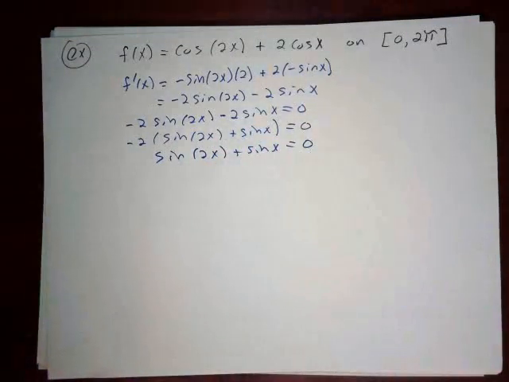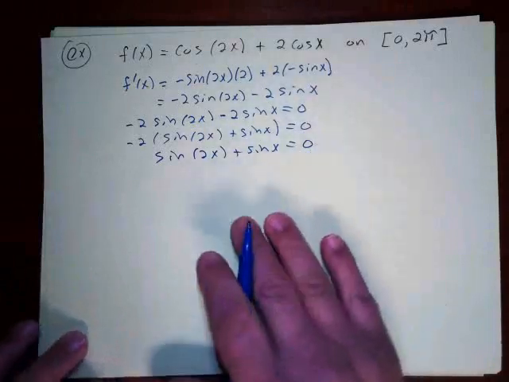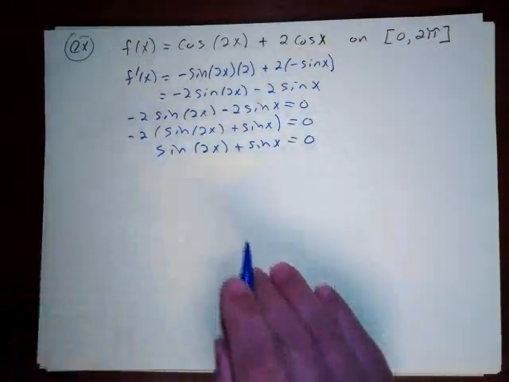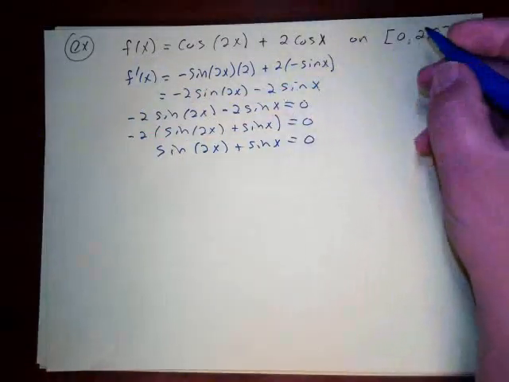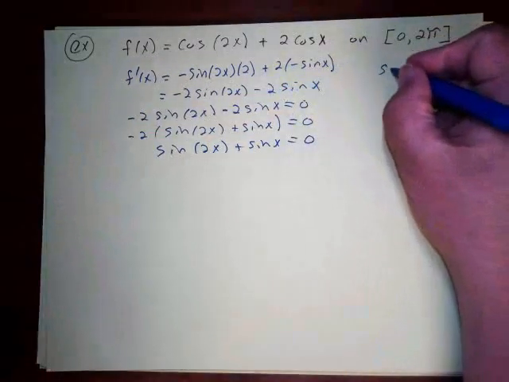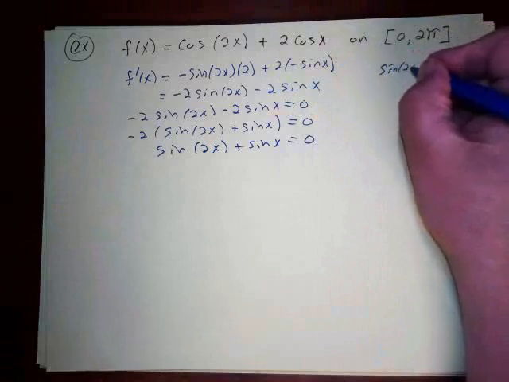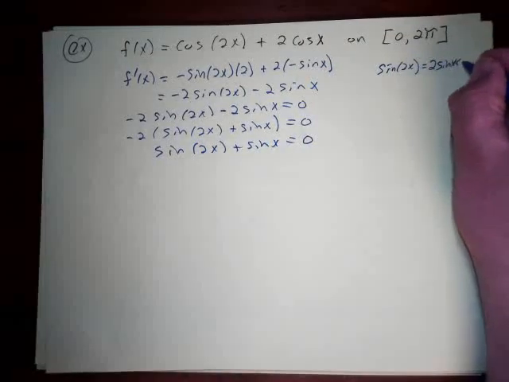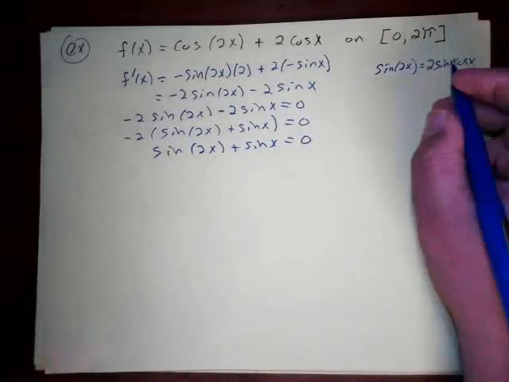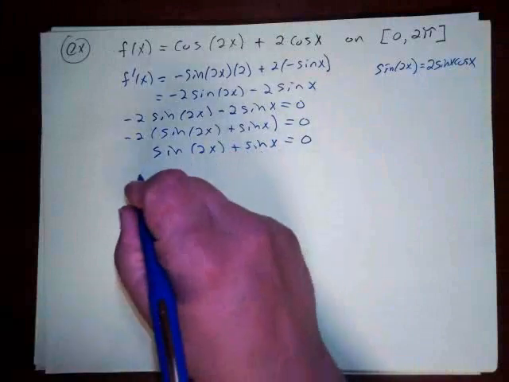Okay, so how do we solve this? It's not obvious how to solve it. It doesn't seem like I can factor anything out. So this is where an identity is going to be helpful, and I'm going to use the double angle identity for sine of 2x. Can you remember what that was? Sine of 2x is 2 sine x cosine x. And this is perfect because when I replace this with that,